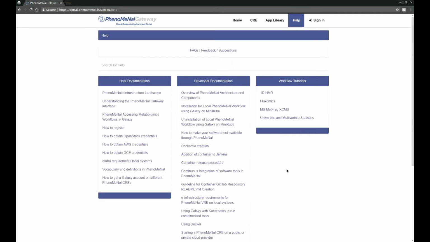Here in the help section, you'll find a number of documentation, articles, and workflow tutorials that can help you make the most out of PhenoMeNal. The workflow tutorials in particular, which you hear on this side, will be of particular interest if you'd like to use any of the ready-made workflows that are integrated on the PhenoMeNal platform. They'll explain what the workflow is implementing, the scientific basis for them, and also refer to